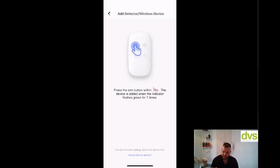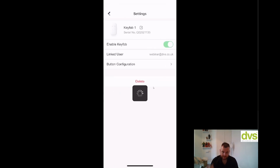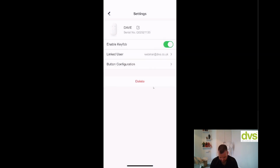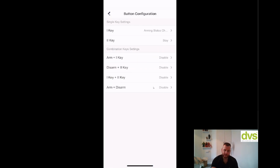Press any key to enroll. Key fob. Now the key fob's enrolled. So I can give that a name, Dave key fob, Dave. Enable key fob, button configuration. This is where you can set up the different modes on this. So you've got